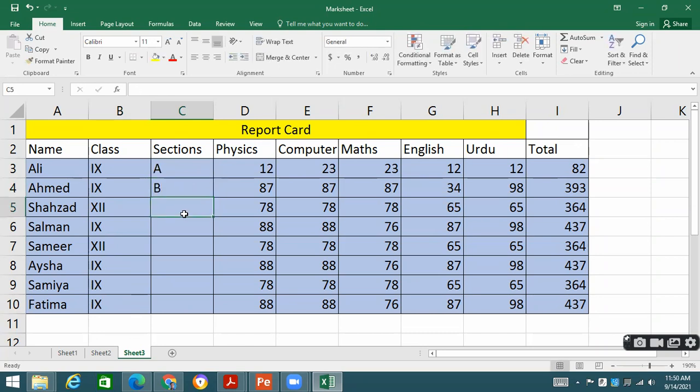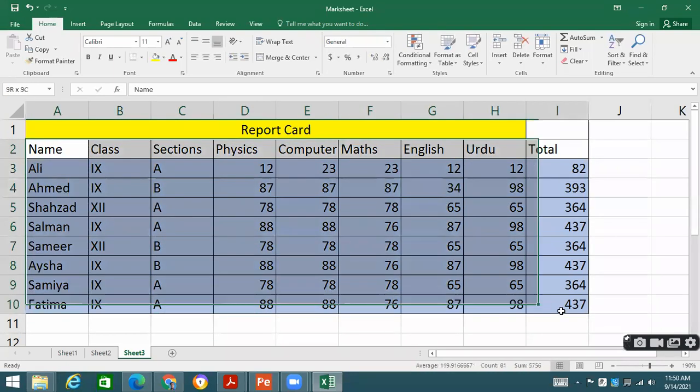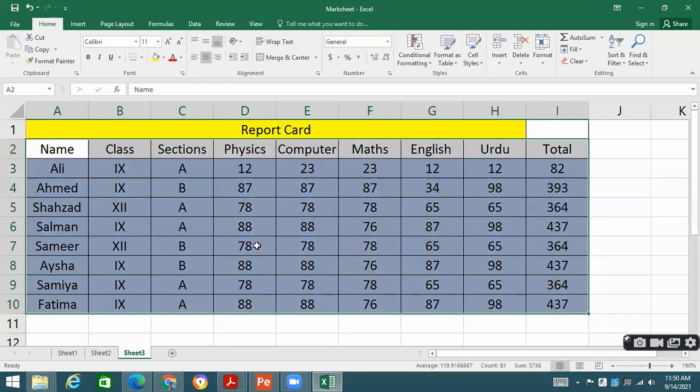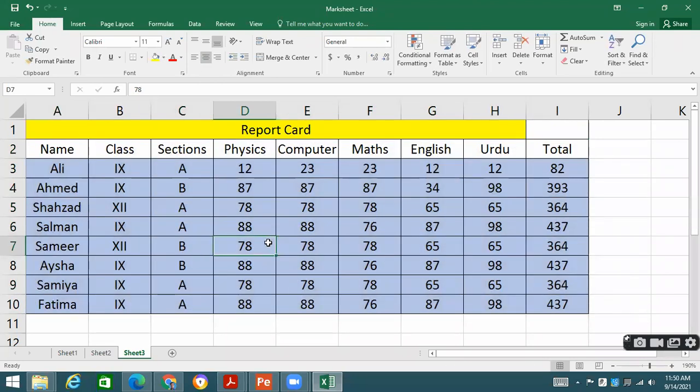This is A, this is B, this is A, this is A, this is B, this is B, this is A, this is A. Okay. Now this is the data on which I want to apply some filters. Now we have to understand that thing. What does it mean when we say filters?